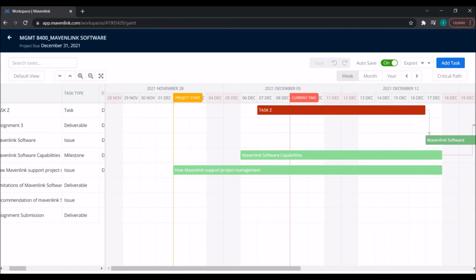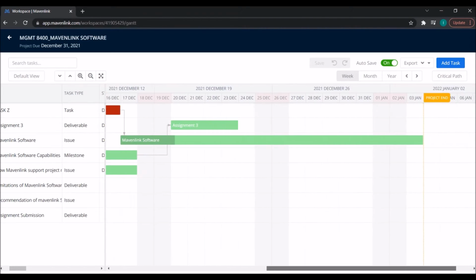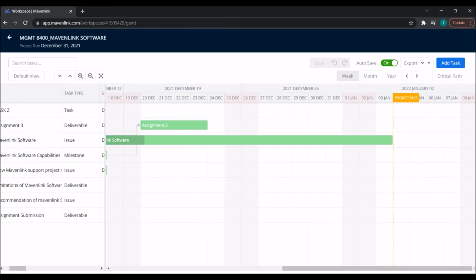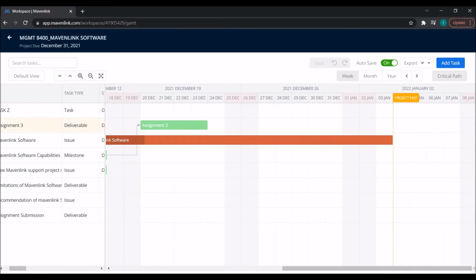This is the project start date, the task which I allocated the 1st December date as, and different tasks are starting on different dates, and as I move towards the right, there is the project, with autosave on. The Gantt chart is pretty simple to calculate here. So as I select the critical path, this one becomes red, and as I click on different tasks, I can see the information about them.